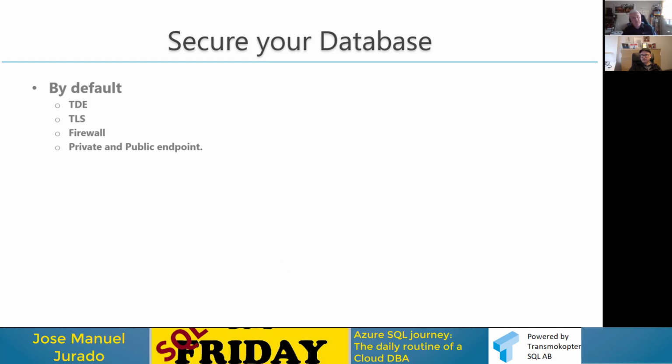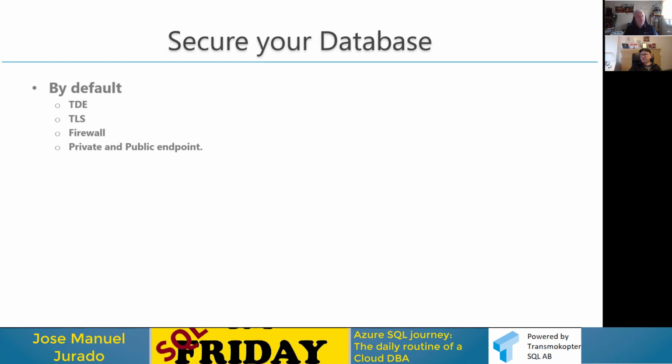Another very common question that we have in support, and you are going to have many questions about it in your daily work, is the difference between private and public endpoint. Well, public endpoint means that your connections go through a gateway. It's a public endpoint that we have in Azure. All these connections go through this public endpoint. Of course, when you reach the gateway, the gateway has multiple mechanisms in order to protect the connections. That doesn't mean that it's not secure. It's secure. The most important thing is you are going to be protected.